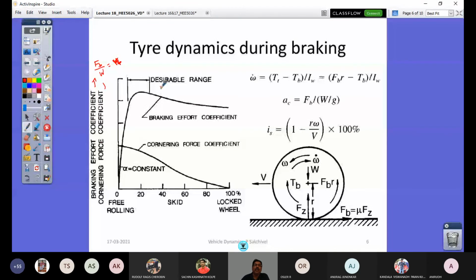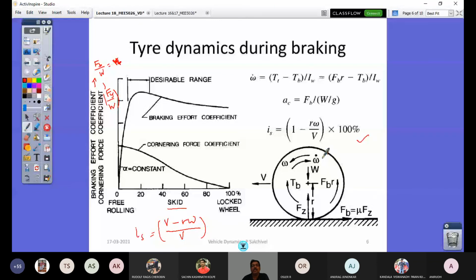And similarly, what is the cornering force coefficient? Whatever cornering force Fy you have, divided by the normal load, you get a value that is the cornering force coefficient. So if you plot that as a function of skid, you know what skid is? Skid is defined as: you are applying braking torque, there is a stretch in your tread. That would make the equivalent translation more than that of a free rolling tire. So you will have wheel center linear velocity greater than r omega, which comes from the velocity of a free rolling tire, divided by V. That is what defines skid. We have seen that.